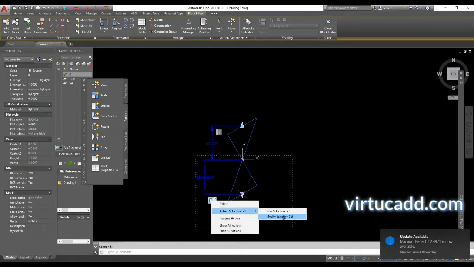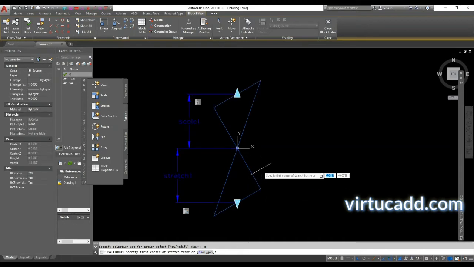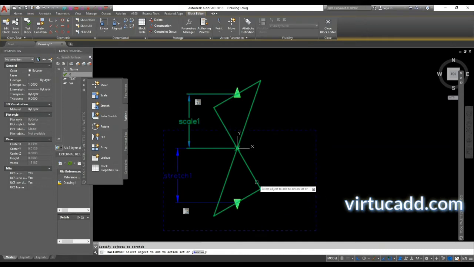Stretch, modify selection, we will remove this one.